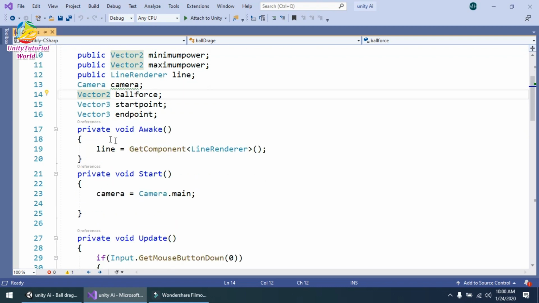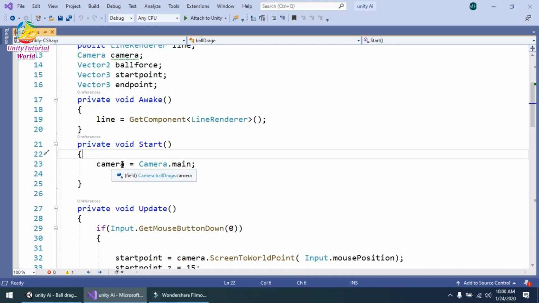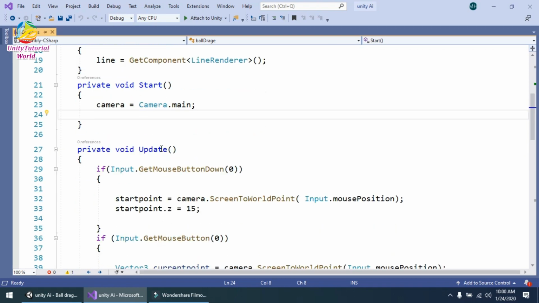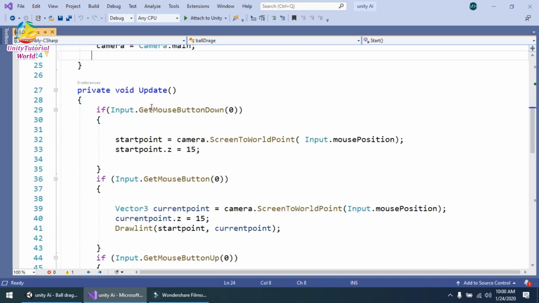In the Awake method, I simply get the component LineRenderer for this line. In Start, camera is equal to Camera.main, the reference of the main camera. In the Update method, if Input.GetMouseButtonDown(0), when we click our mouse button, we have to note the start point. So startPoint is equal to camera.ScreenToWorldPoint, and give the parameter Input.mousePosition to get the starting position, and set startPoint.z